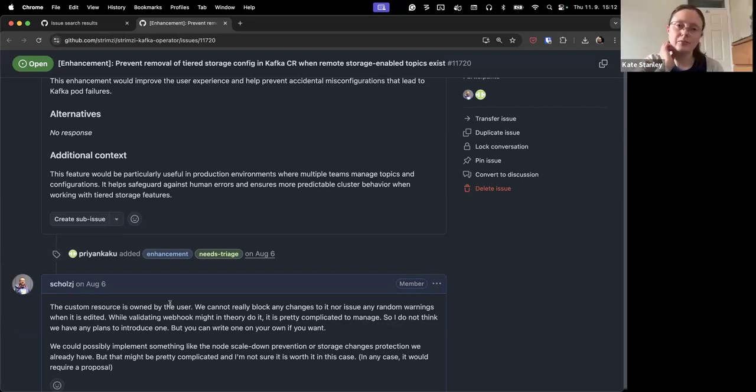I guess the thing I'm not familiar with is, is it common for people to want to configure and then remove tiered storage? Because my understanding was that you would just turn it on for the clusters you want it on and then leave it on. So that was my pondering of how beneficial it would be, in terms of whether it's something people are likely to do, switching it back and forth. I would not expect it, I guess.